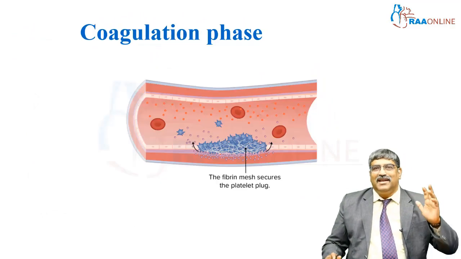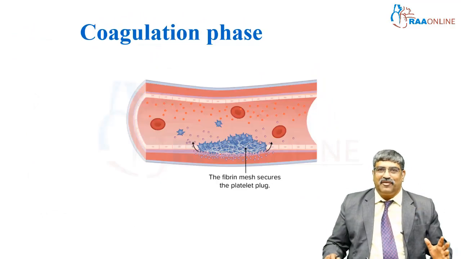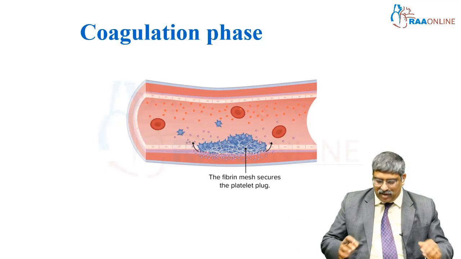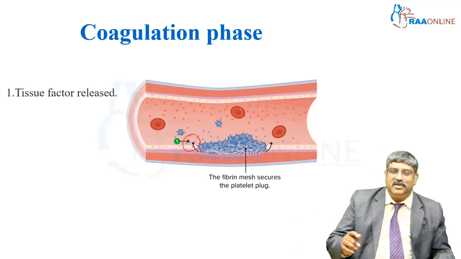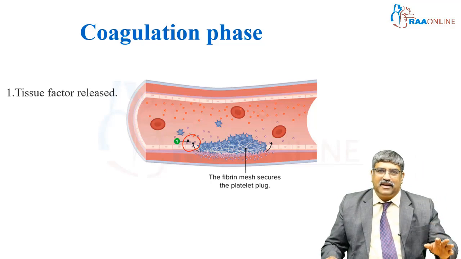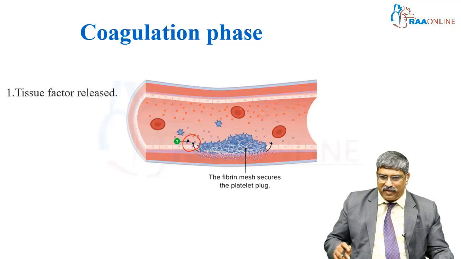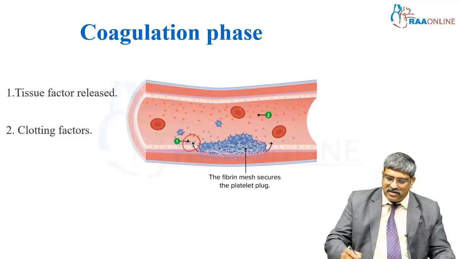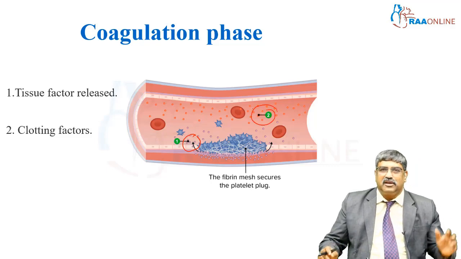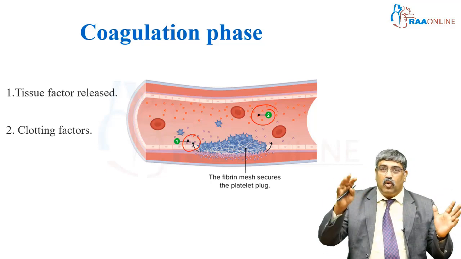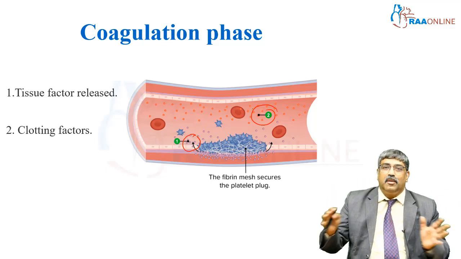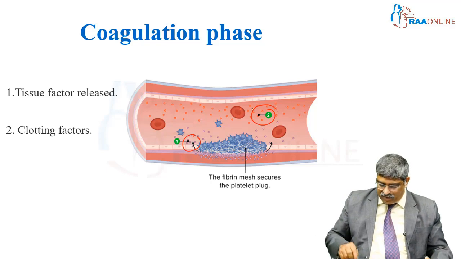Now coming to the third phase, the coagulation phase, where all clotting factors come into the picture. Okay, first, it all starts with the tissue factor release. Okay, thromboplastin is released, that is tissue factor release. Next, all the clotting factors come into the picture one by one. So both the pathways are the old concept, now it is a new concept, but all the clotting factors will be